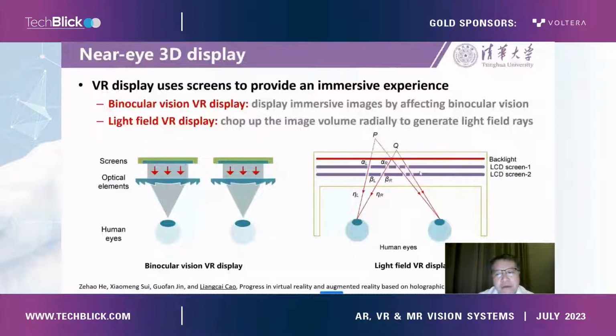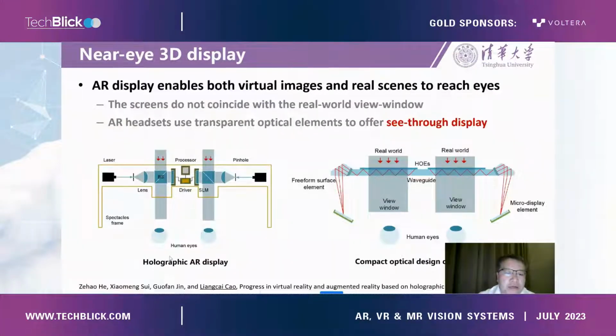Also, we can have different layers of the liquid crystal screen. You can see we have the black backlight here. So for different control modulation methods, we can see the light field display. And another way is a holographic display. Holographic display means that we can have a special light modulator here, and then it can generate a 3D pattern